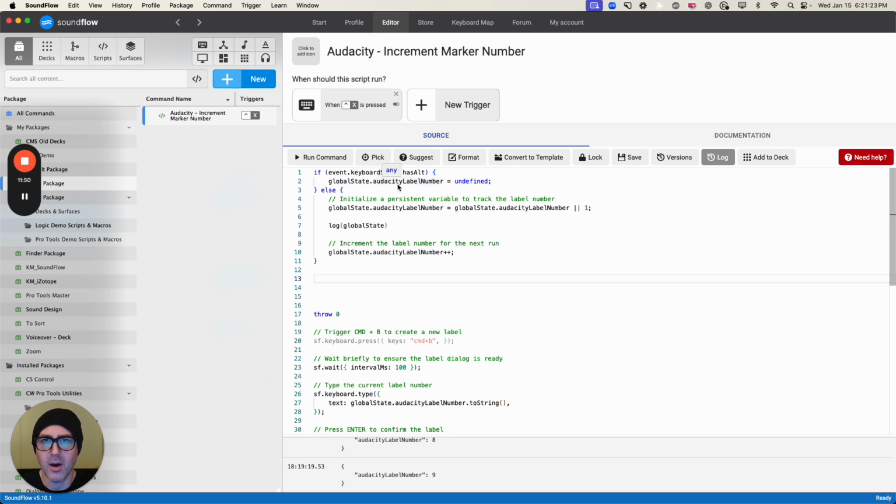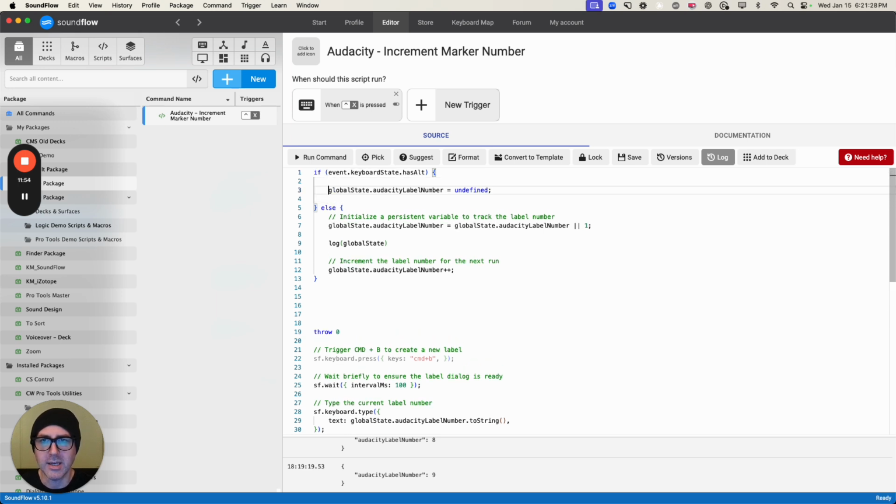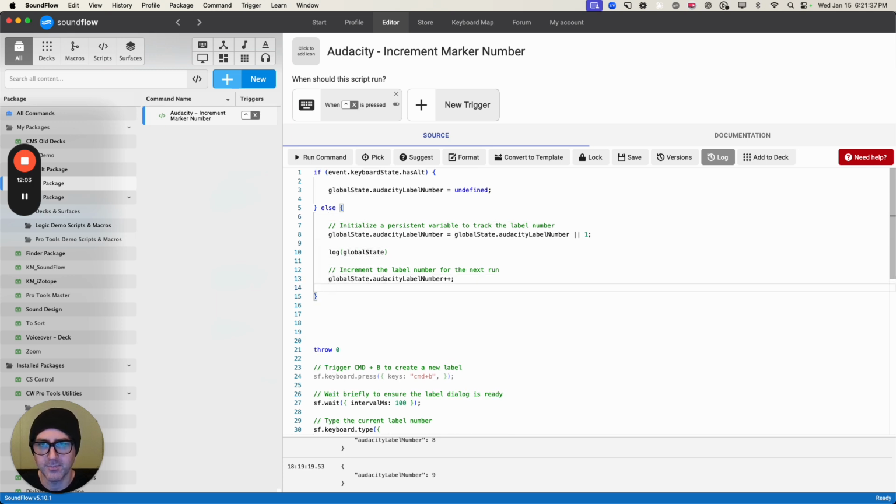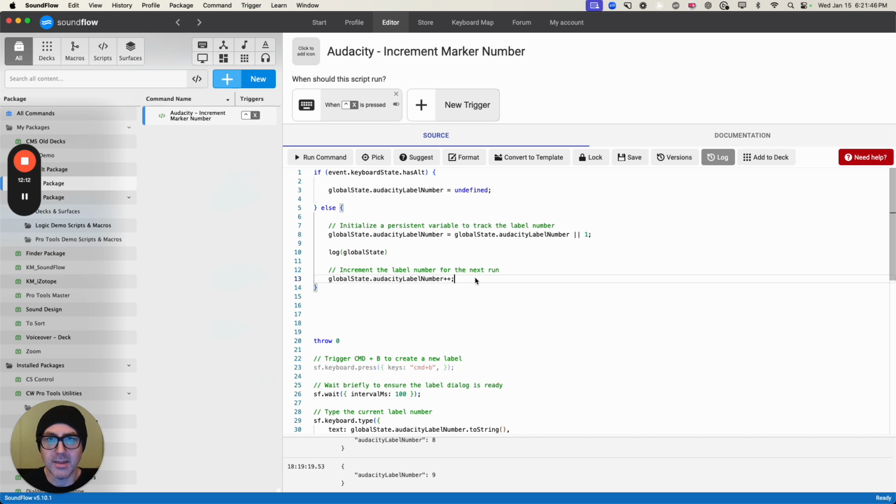If we're holding down Option, it's going to set it to undefined, so essentially resetting the Audacity label number. However, if we're not holding down Option, it's going to run this block here. So now we've done that, and we know that at the end of the script, it's always going to increment the number by 1. We need to put the stuff in here that we want to run. So I noticed in the script